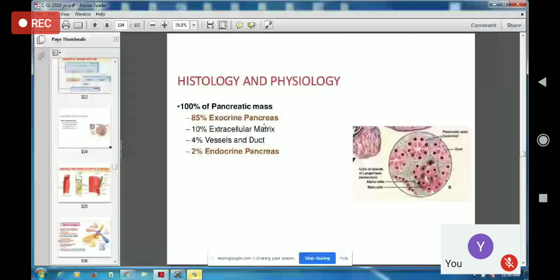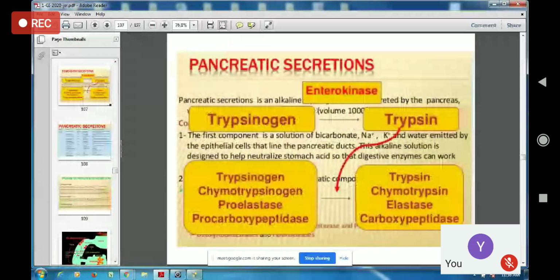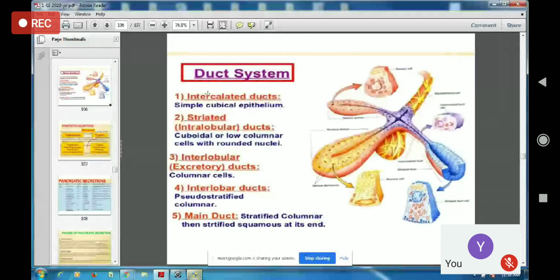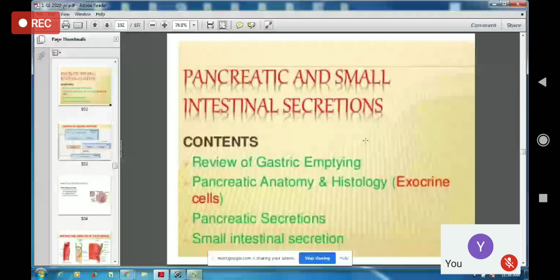So pancreatic secretion occurs in the pancreas, isn't it? The pancreas consists of a ductal system, isn't it? They are intercalated ducts, striated ducts, isn't it? So what we're covering now, first before that, we'll talk a little bit about gastric emptying, because now the food